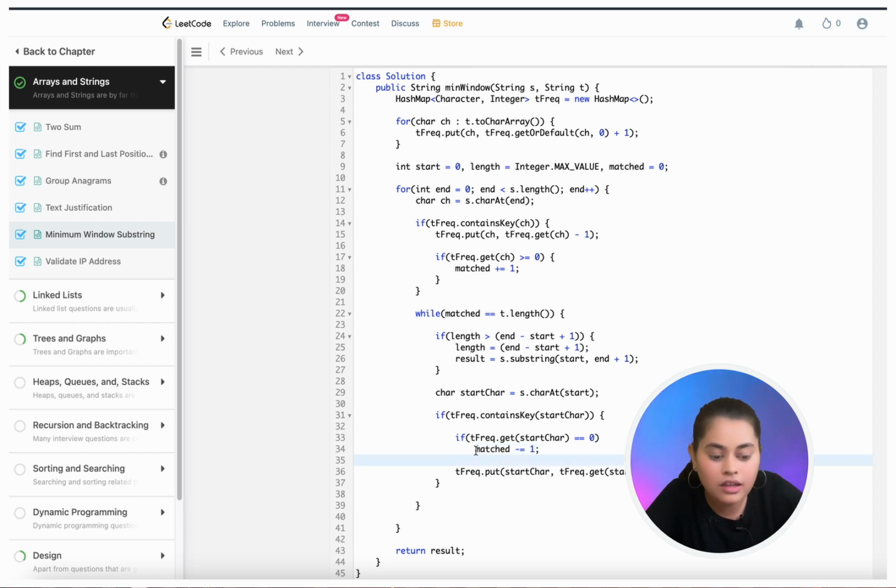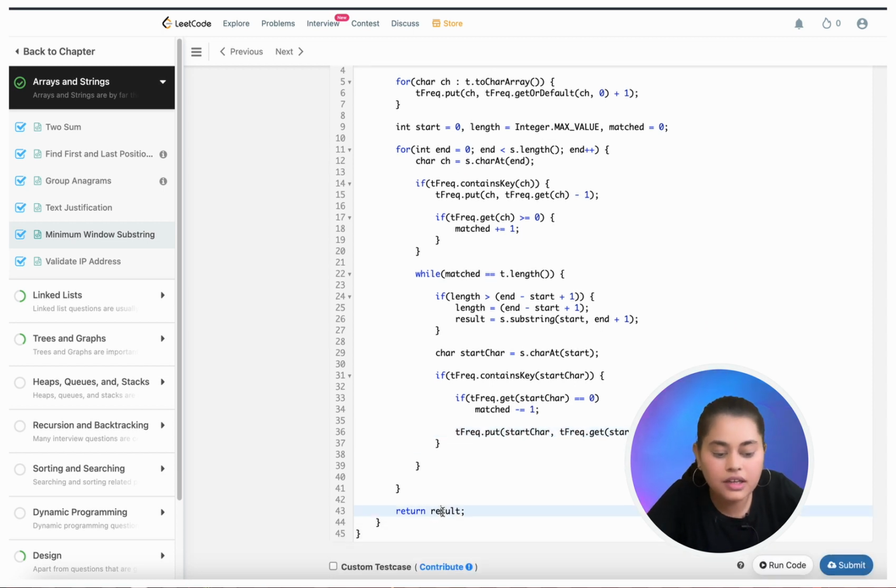So we decremented the count of matched by 1, and at this point we incremented the count of that particular character in our target frequency map. The incremented count shows that this many more characters are needed, right? And then finally we can return the result.